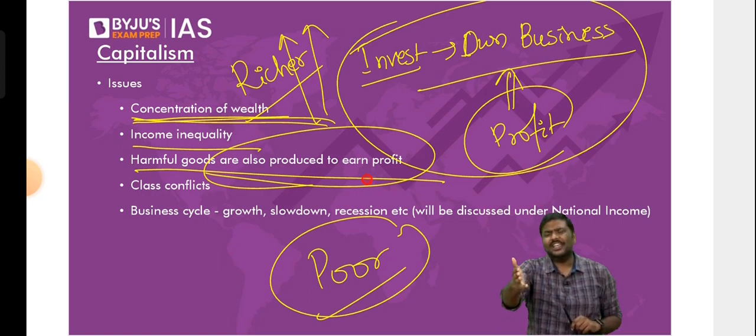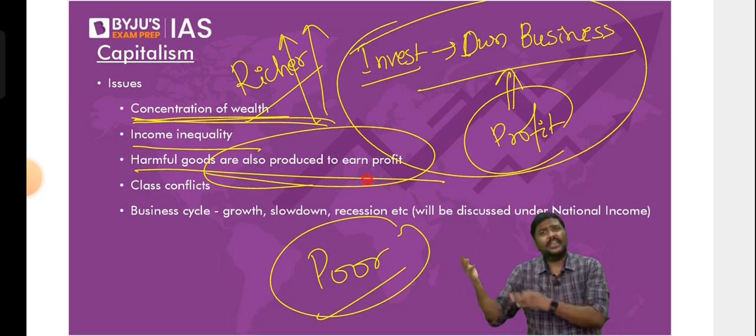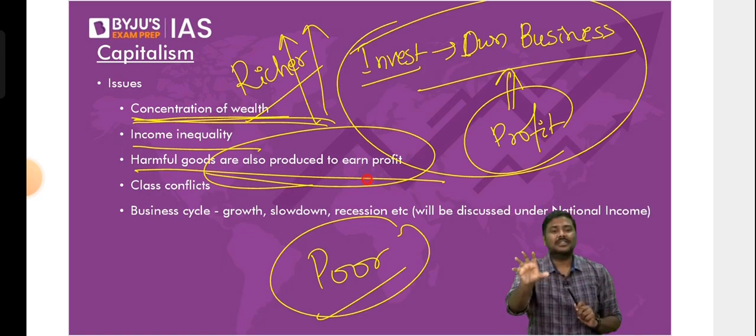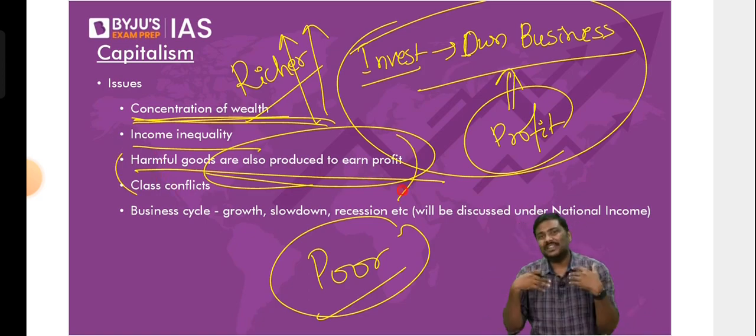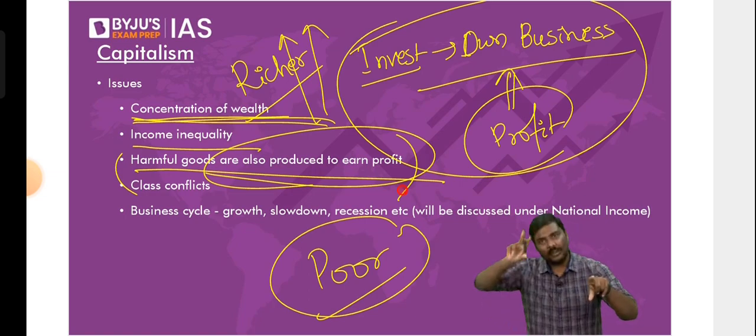For example, tobacco products. Don't you think a lot of companies will push these products in a different way altogether? Right? There are liquor products. I'll give you an example. There is a product by the name of Kingfisher. And I'm pretty sure you must have seen the name Kingfisher associated with the music series. You must have seen Kingfisher drinking water, etc. The argument is simple. They're marketing the products because they know there are consumers in the market. We will sell it to them. We will earn more and more profit. But if I keep on consuming these products, it is harmful for me. But it doesn't matter. It is capitalism. In capitalism, even the products which can cause harm will be produced and sold for earning profit.